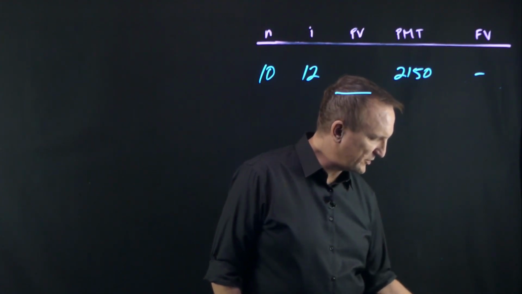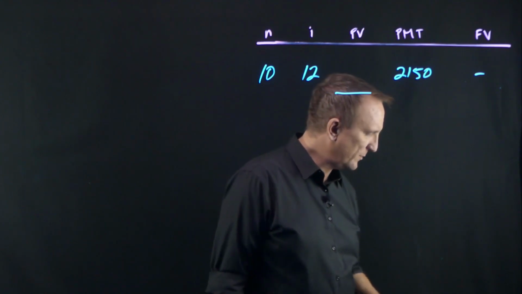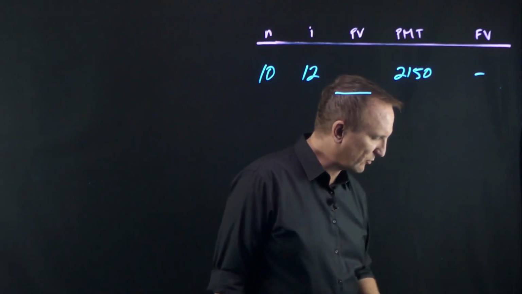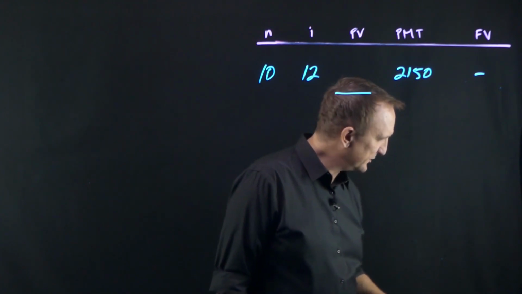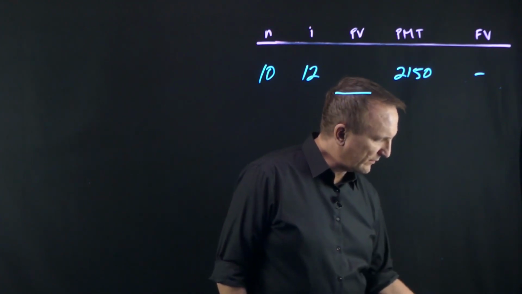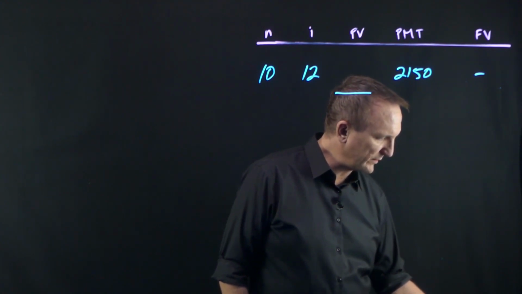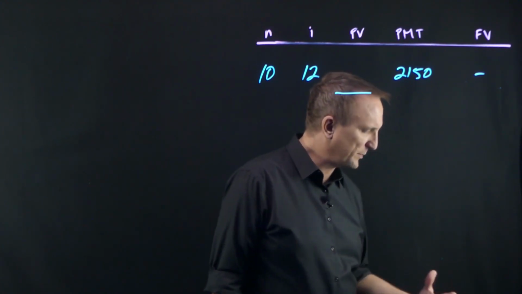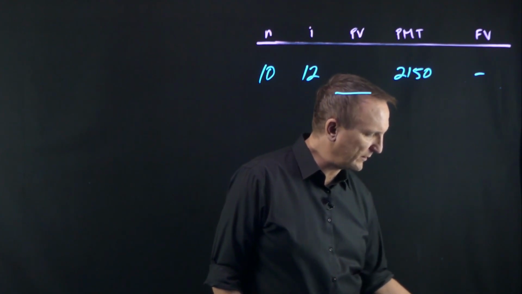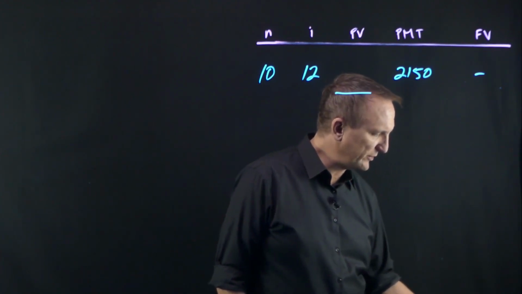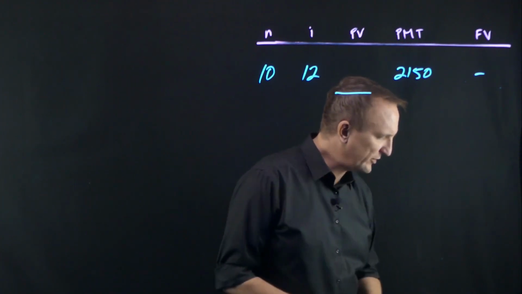So in this case, we have a 10-year investment, and it's annual compounding, so we're going to have 10 periods. 12% per year is our rate. That doesn't change again because it's annual compounding. We have $21.50 as our cash flow periodically every year, so that's going to be our payment. It's positive because it's cashed into our pocket. There's no mention of any additional cash flow, so 0 is our future value. Solving for present value, we get